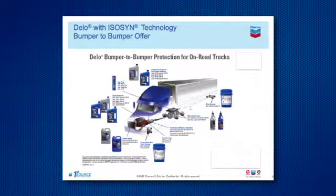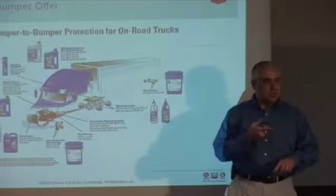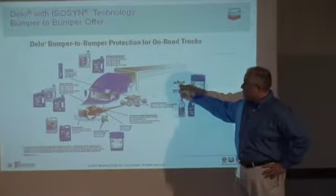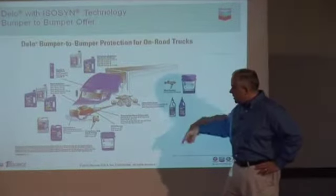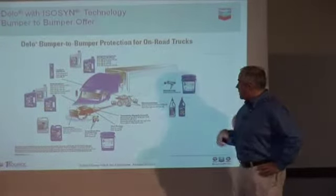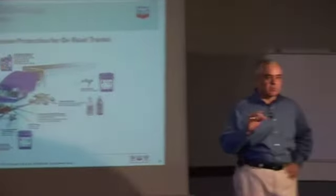So if I'm looking at, just in this case, the truck, right? I've talked to you a lot about the engine. We talk about engine oil, and we talk about coolants. But I'm also worried about my axles. If I'm rolling trailers, I'm worried about the wheel bearings, or the trailer bearings back here. I'm concerned about, if I've got fifth wheels on them, how am I lubricating those? If I've got chassis lubrication, all those things also have to come into play to make sure that I'm providing the appropriate amount of